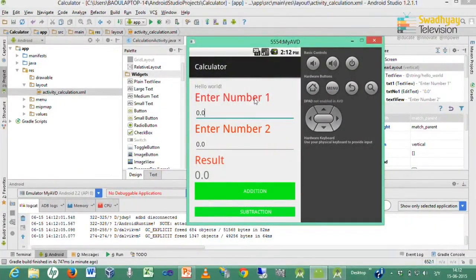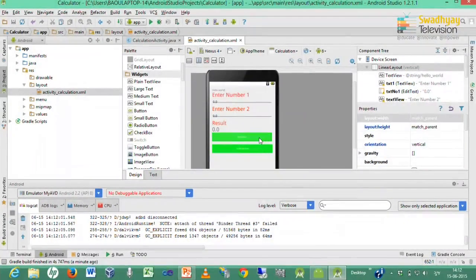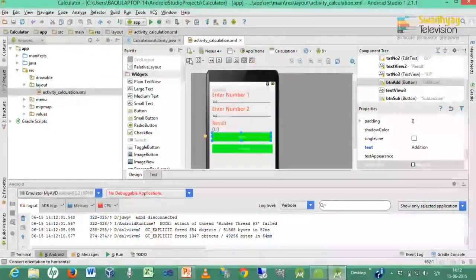This is the enter number 1, which is in red, a text view. Enter number 2 is also a text view, result is also a text view, last is also a text view, and these are two buttons that we can click to generate values. So, next we write code for our emulator.